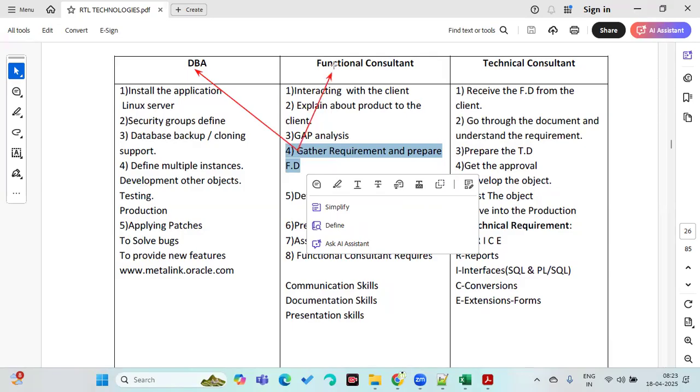If it is functional, he will do it himself, the functional team. If the work is related to the technical team, then the technical consultant will start. So there will be a DBA team, a functional team, and a technical team, depending on the project. If it is a complex project, definitely there will be a team. Okay, so that's about the functional consultant.